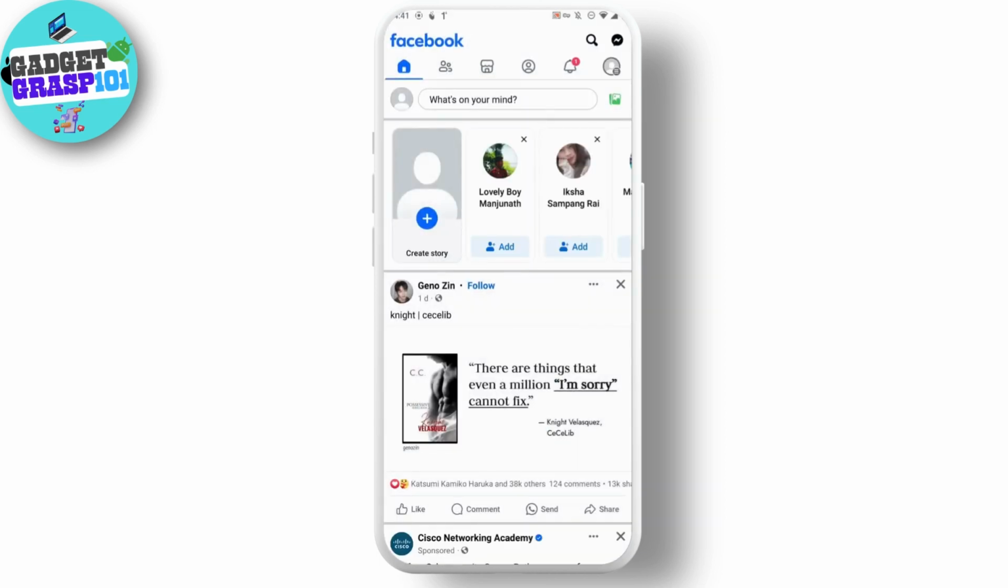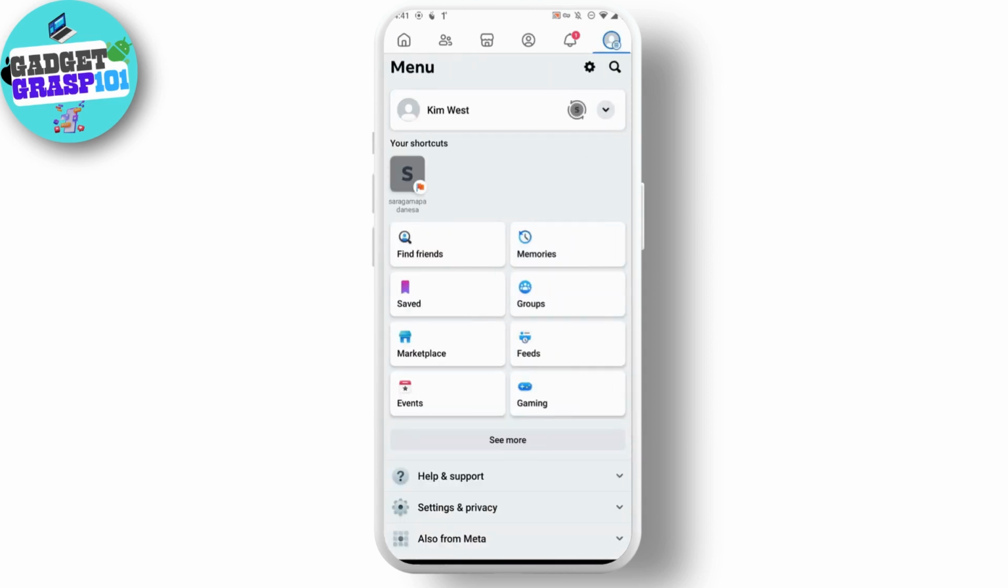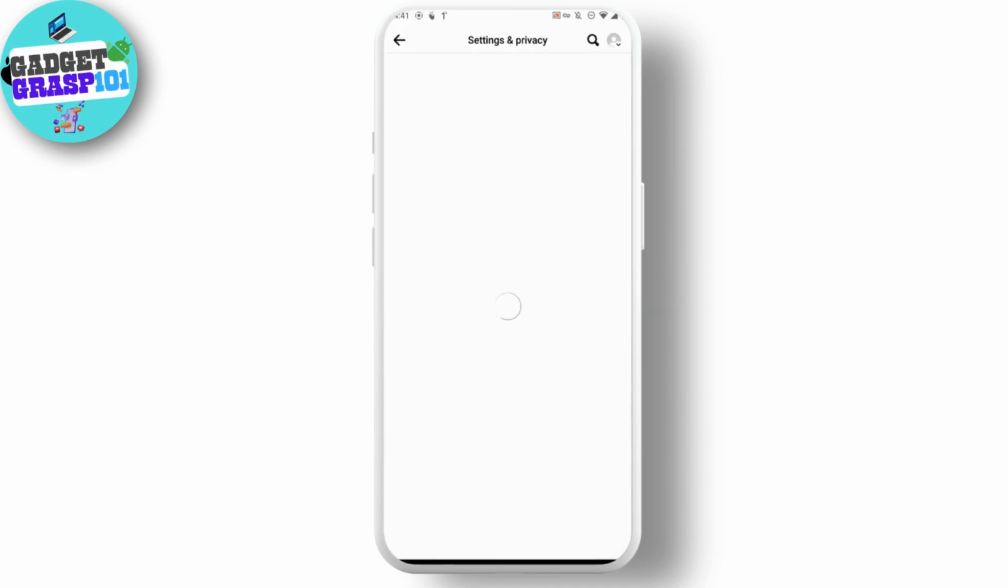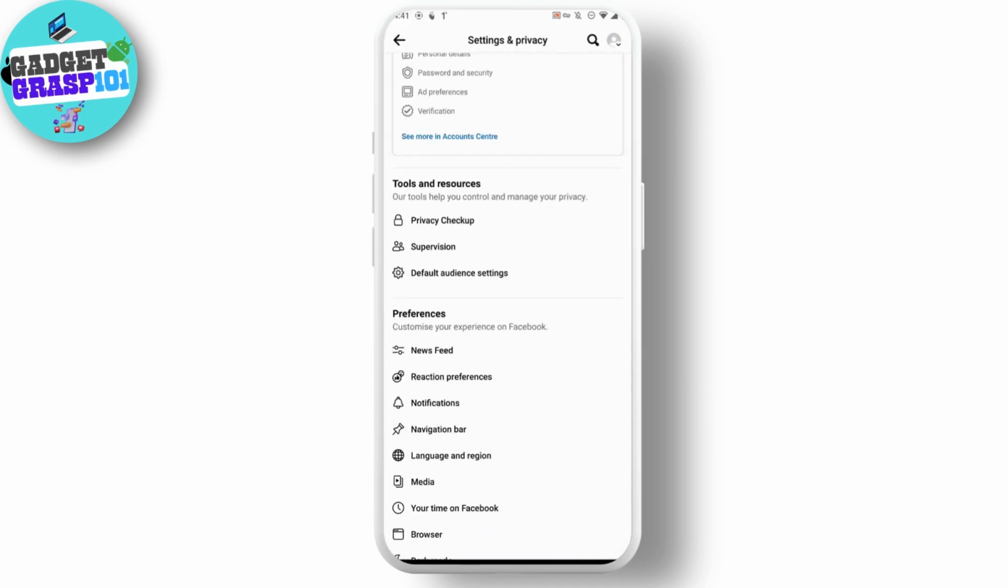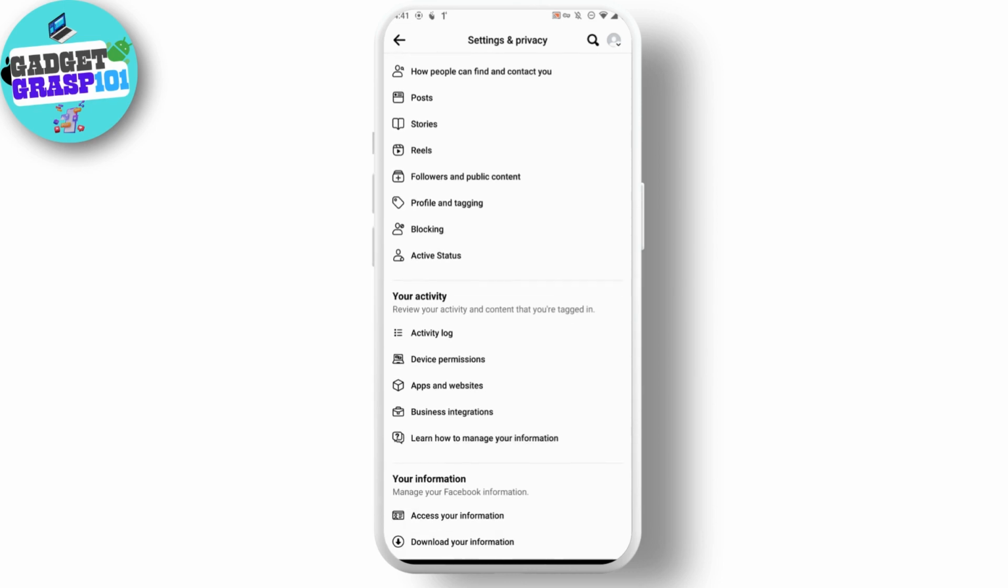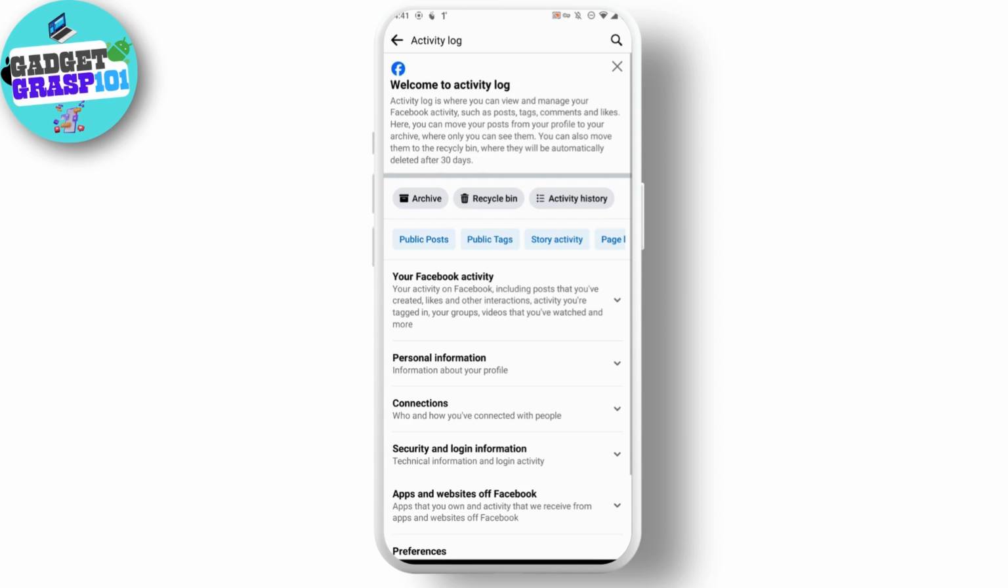After opening up your Facebook application, now you just have to tap on the profile icon which is on the top right. After tapping on your profile icon, just tap on settings and privacy and then tap on settings. After tapping on settings, you just have to scroll down and head over to your activities, and inside your activities just tap on activity log, and after tapping on activity log, here you can find this option which is public